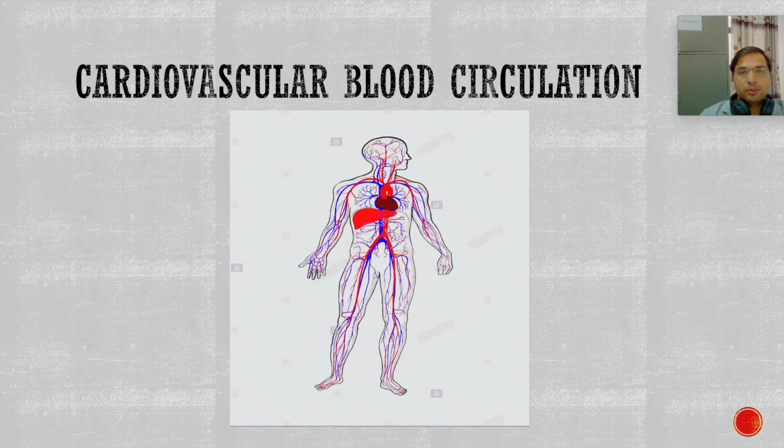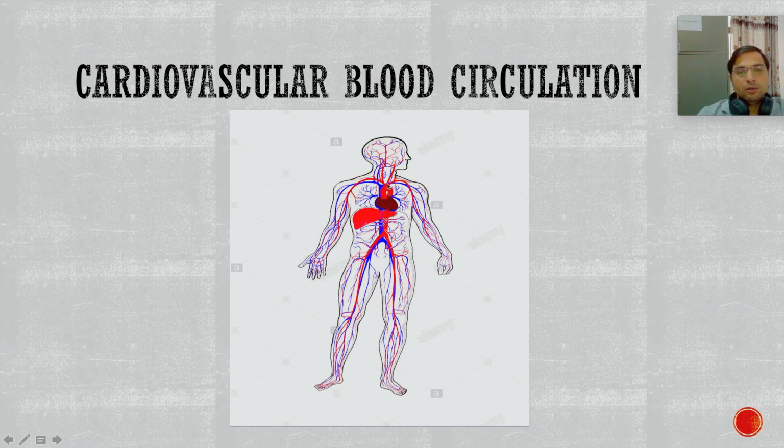The cardiovascular blood circulation, we have already discussed. The heart has four chambers, the atria and ventricles, left and right. The ventricle pushes the blood, which is the stroke volume, approximately 70 ml in a 70 kg individual, into the arc of aorta. Every cardiac cycle is 0.8 seconds. So approximately 5 liters per minute of blood is pushed into the aorta. Similar blood is pushed into the pulmonary artery also.